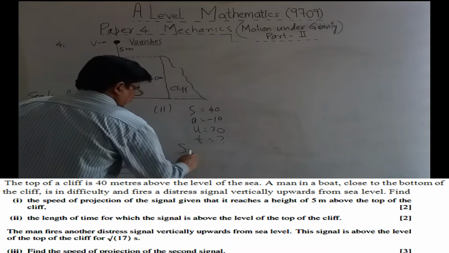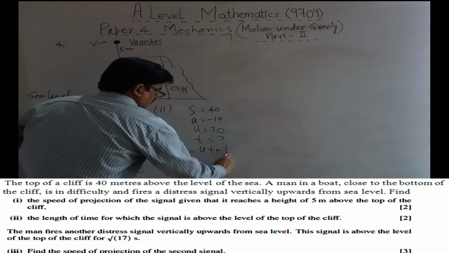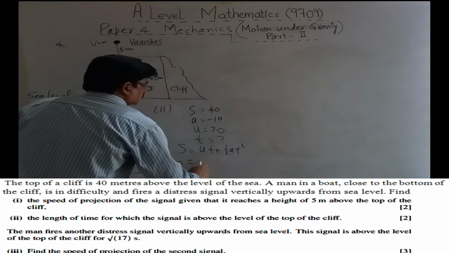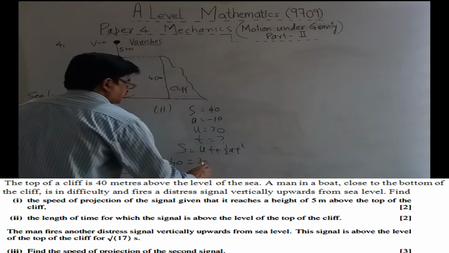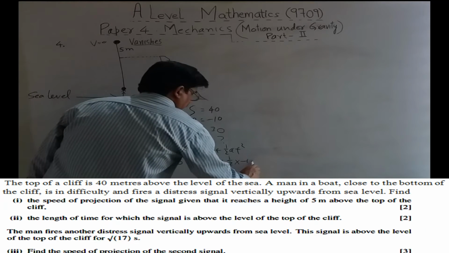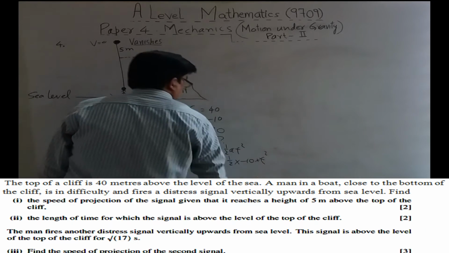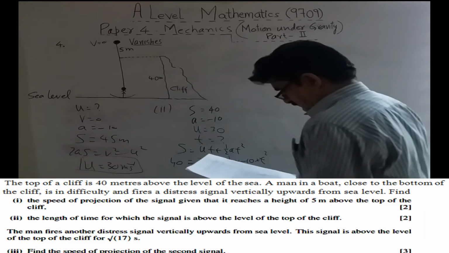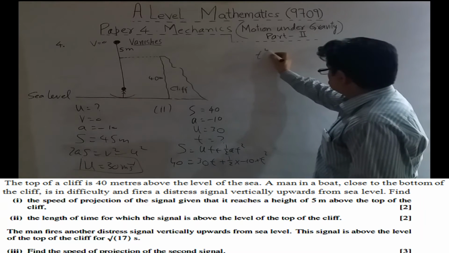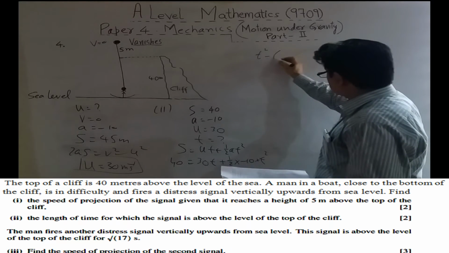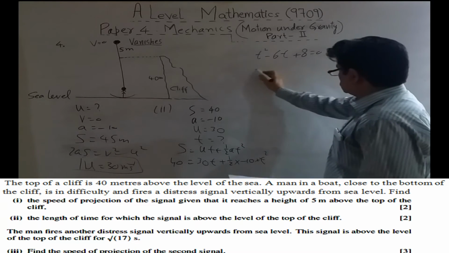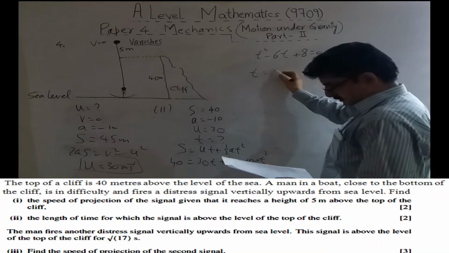Now putting the values in the formula, s is equal to ut plus half at square. s is 40, u initial velocity 30 into t, half minus 10 t square. Now if you simplify this equation, you will get the equation t square minus 6t plus 8 equal to 0. You solve this, you will get 2